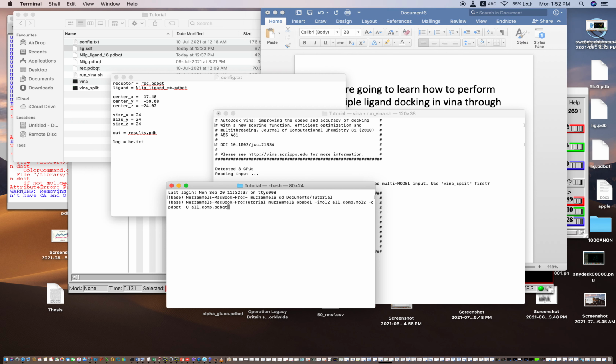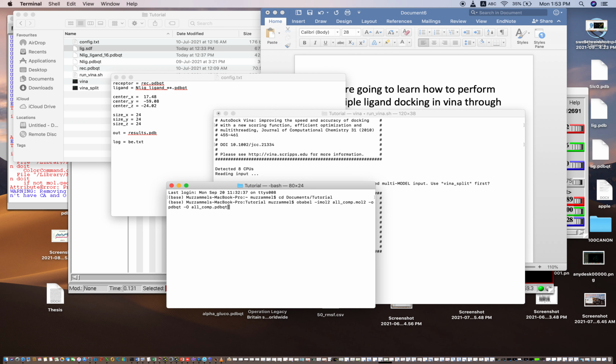In my case I use Unix, so you will have to give the command obabel or OpenBabel. If you are using Windows, I think it will be changed to simply babel or OpenBabel. So in case of Unix or Linux, your command will start with obabel.